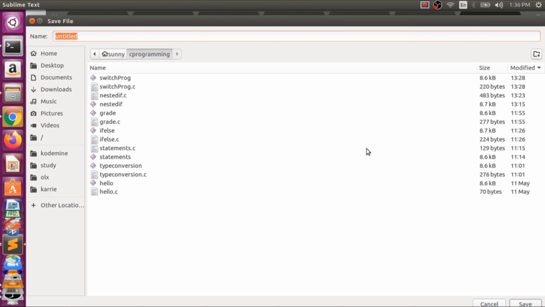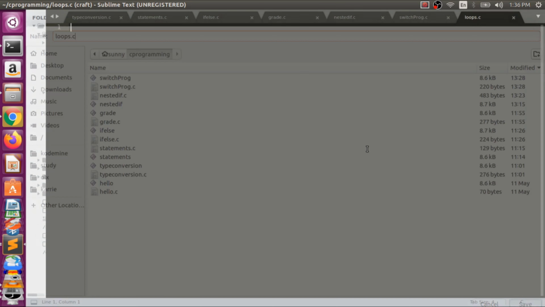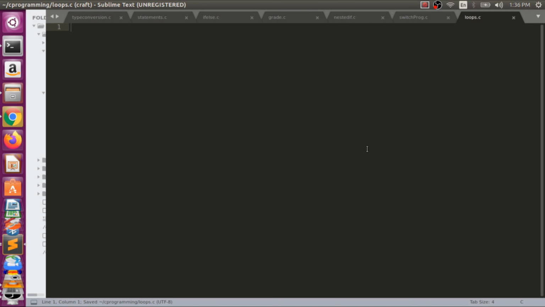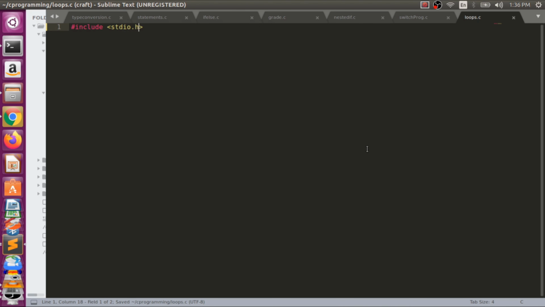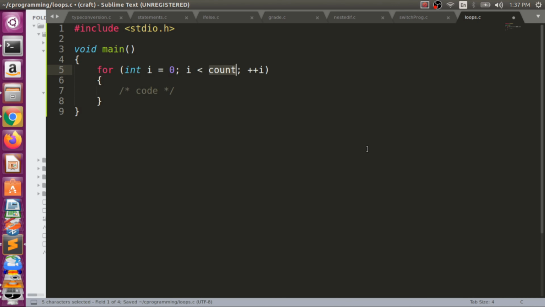Here we have a program, loops.c. We will do all the loops in this session. We have #include <stdio.h>, and then main. In void main we have a for loop, and you can see my editor automatically gives me some syntax.